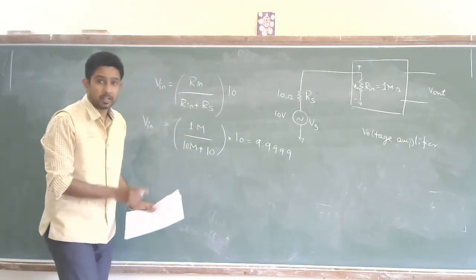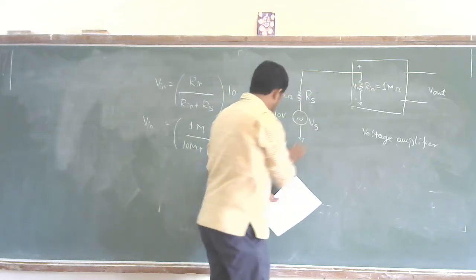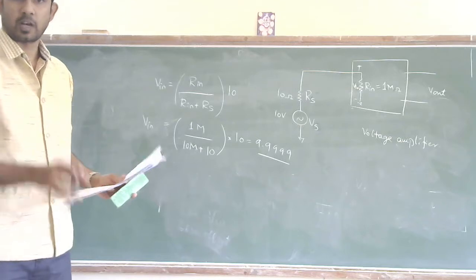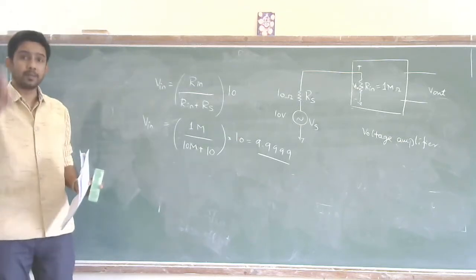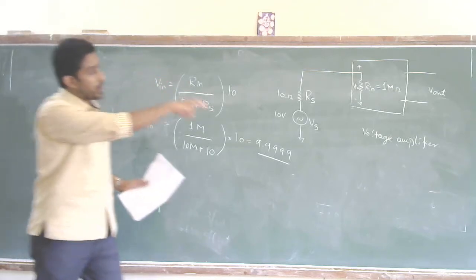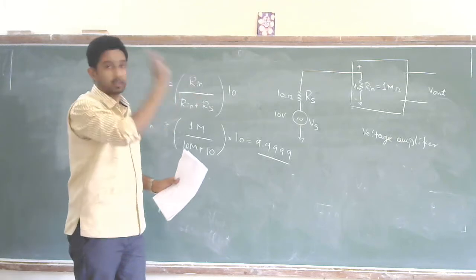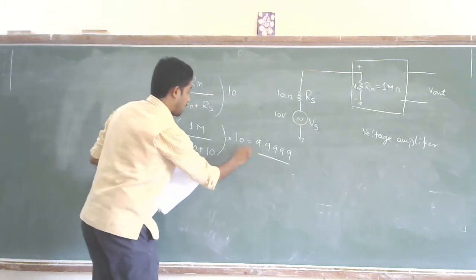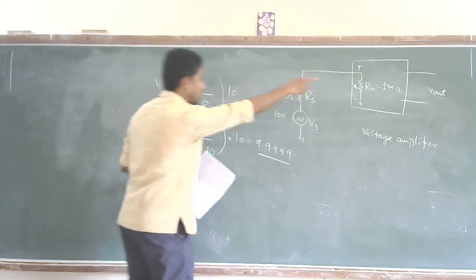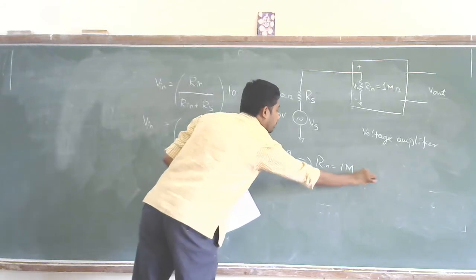So meaning, I gave an input voltage of 10 volt, but what enters the circuit is 9.999. Fair enough, that much loss happens. I gave 10 volt but what enters is 9.999. It is absolutely fine. Now let us try to vary Rin and check the new value of Vin. So this output Vin is equal to 9.999 for what value of Rin? This is for Rin equal to 1 mega ohm.